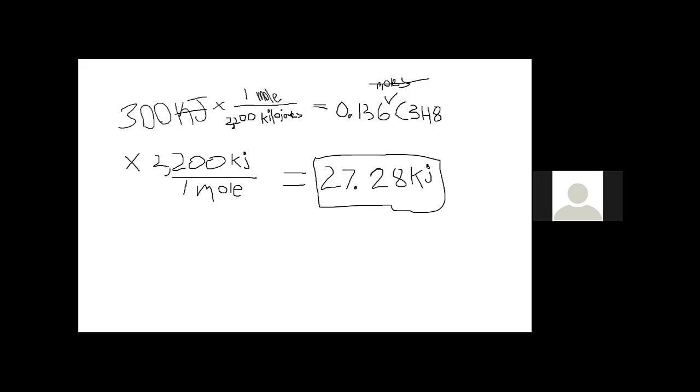Oh yeah. Is that in the question or is that in the coefficient part? Well, the point of the question is to ask how many moles of propane we need for a pot of tea. So I think the first part's all we need. I'm not positive. How many moles of propane? It says it should come out to be less than a mole. I think it's 0.136.